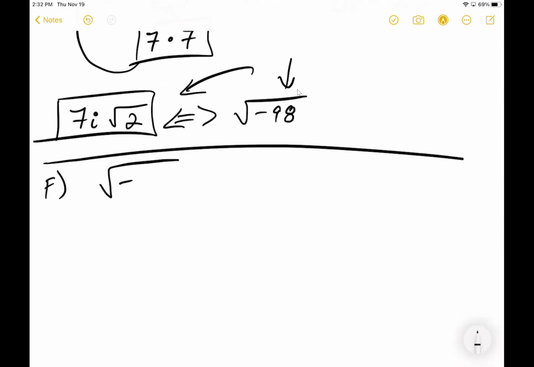Let's make it a small number first. I think you saw this already, but again, let's say the square root of